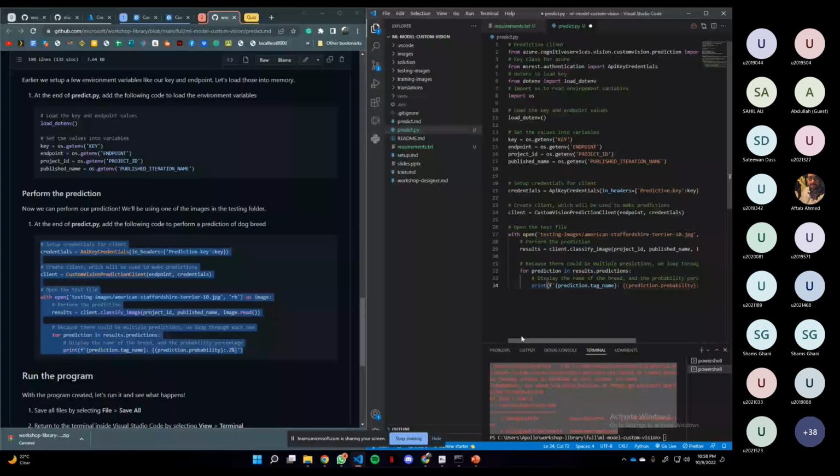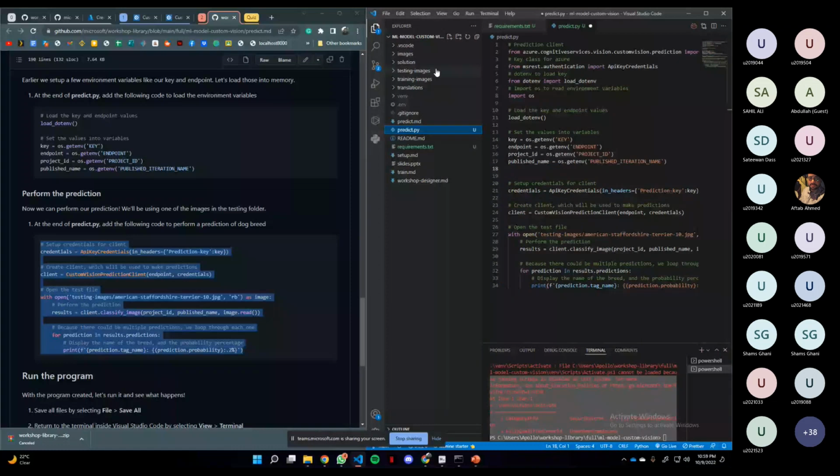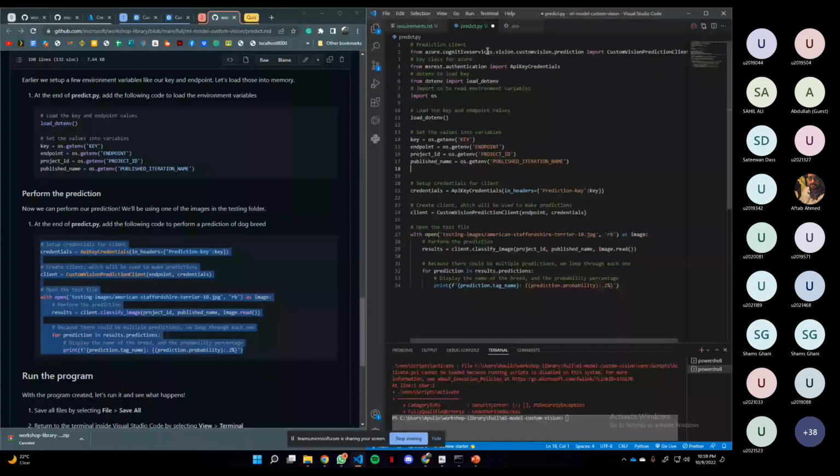तो आई कैन क्लोज दिस. यहाँ पे यू विल सी सेटअप क्रेडेंशियल्स फॉर क्लाइंट. इसमें वी गोइंग टू यूज द प्रिडिक्शन की जो हमने सेव की है इन आवर फाइल्स. यहाँ पे थी हमारी वो ENV वाली फाइल, राइट. इसमें हमने जो चीजें यूज की थी वी आर गोइंग टू यूज देम अगेन यहाँ पे. So we're going to just tell it के prediction key है because it already knows the prediction key क्या है because of the env file. And then we're going to create a client